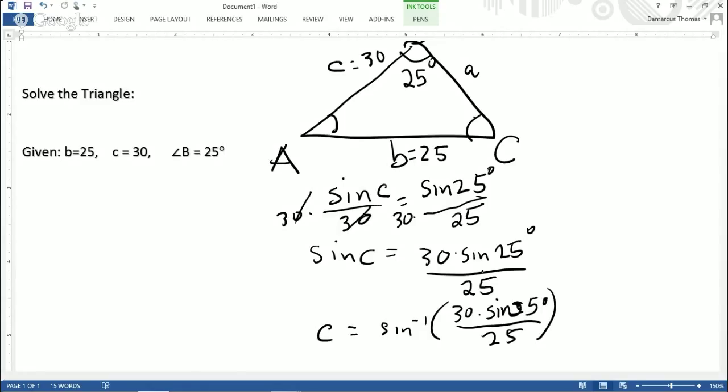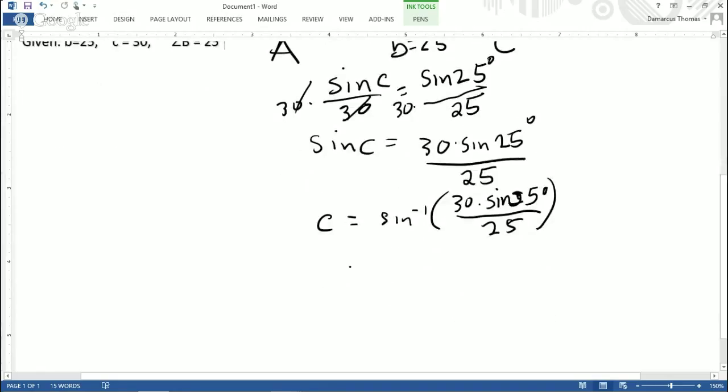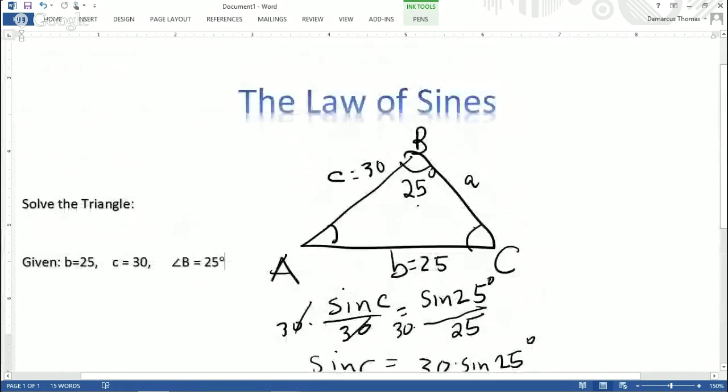Okay, I'm getting that C is equal to 30.4736. All right, I can round that to 30.5. And so basically now I know that my angle here is 30.5. And I can actually now find this missing angle A. So if I add the two angles together, 30.5 and 25, and then subtract that from 180, I actually get